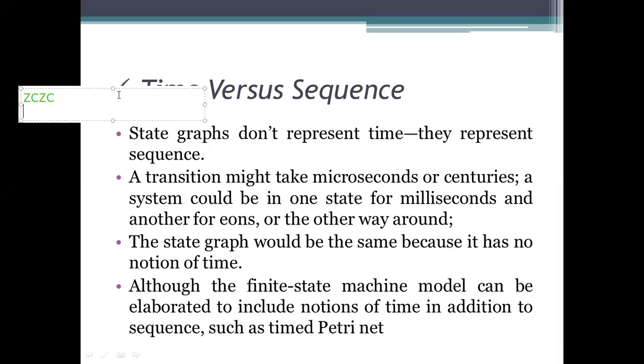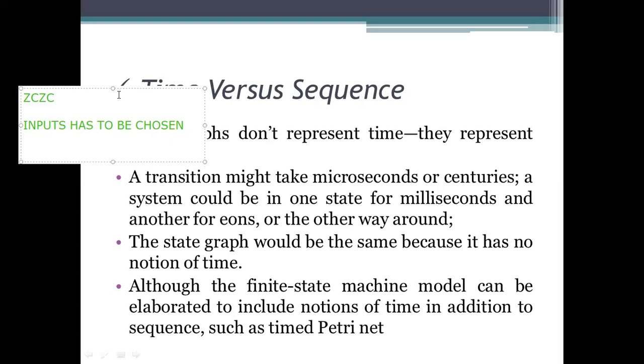If you are drawing a state graph for that, it includes the inputs, which have to be given. The inputs have to be chosen for processing. If you want to achieve the final state, what are the steps we need to give?